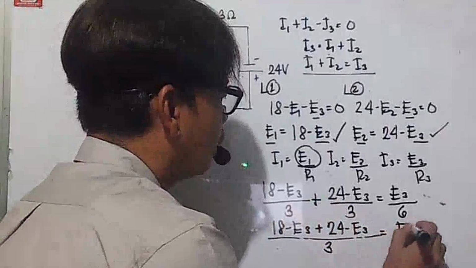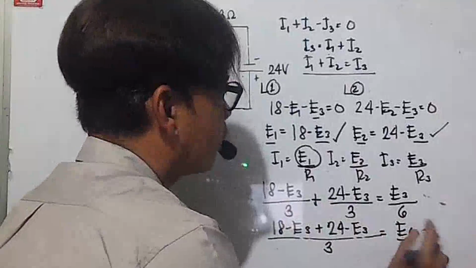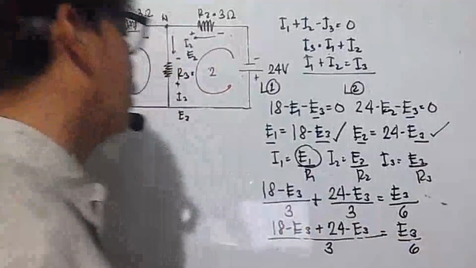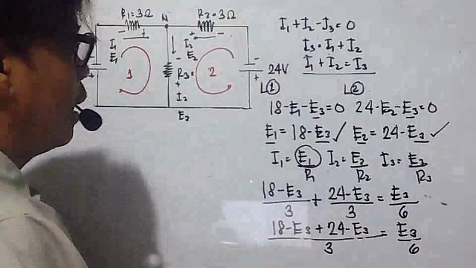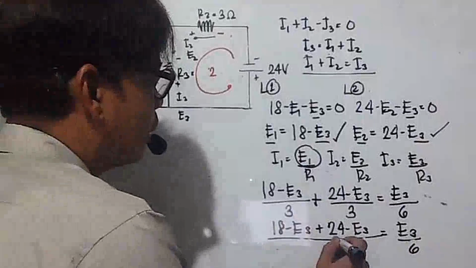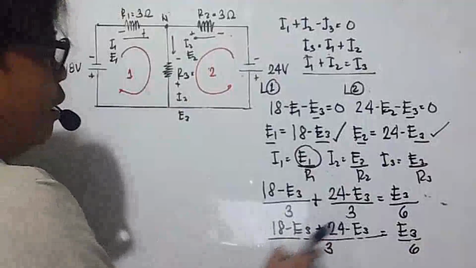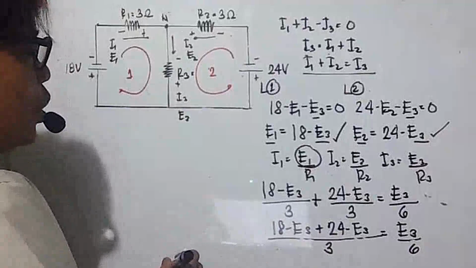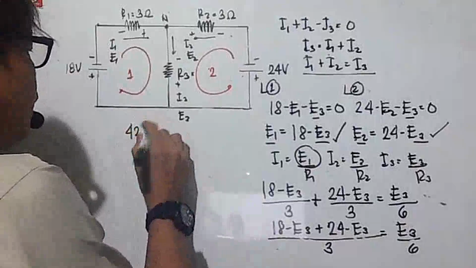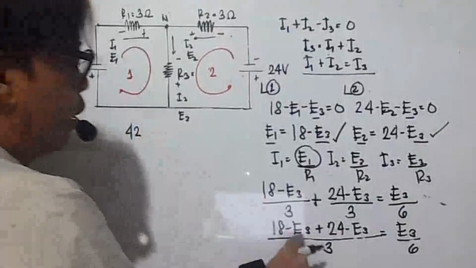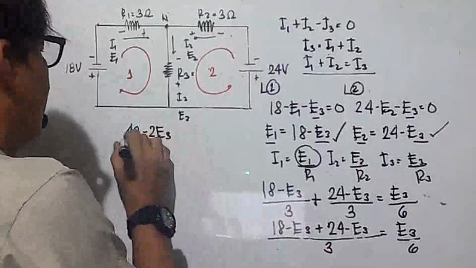That is equal to your E3 over 6, which is equal to I3. So E3 over 6. Okay. Now, we could combine and then we could cross multiply. You can cancel this one here, so there's no cut. So this is 18 plus 24, that is 42. I'll write it here so it fits. Okay, 42 plus, minus: it is negative 1 and negative 1, so that is negative 2 E3, divided by